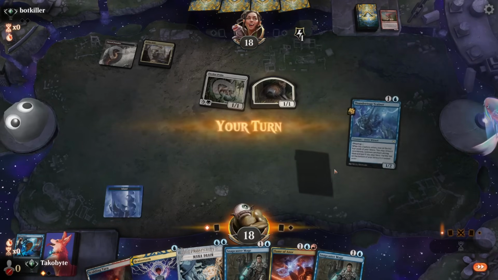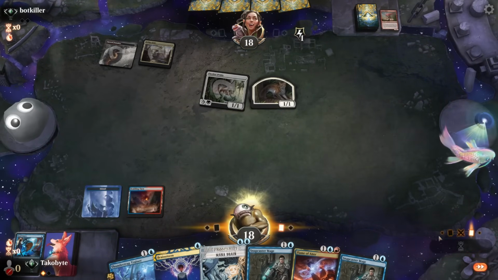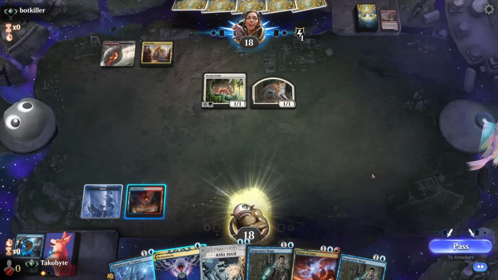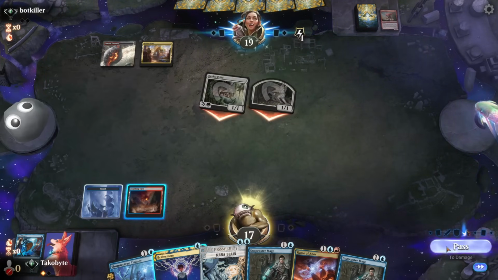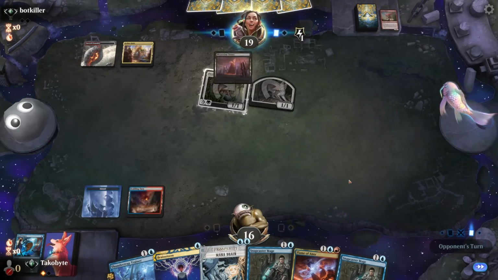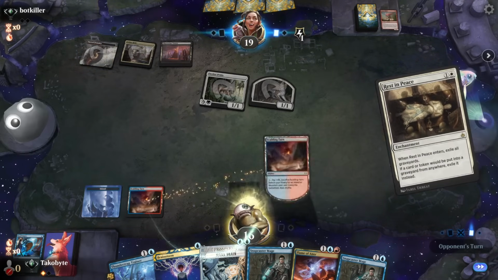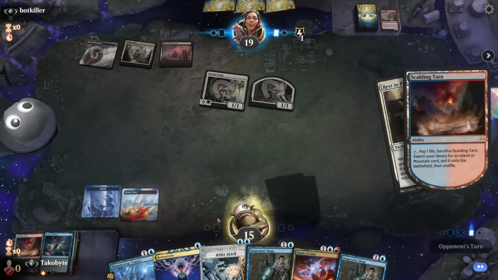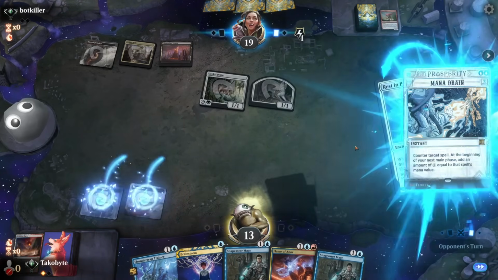Take as little damage as possible. Kind of just banking on Brotherhood's End, I guess. Wow, you've been playing Phyrexian Tower. Crazy. Do I even... I mean, I do have Snapcaster Mages, so...